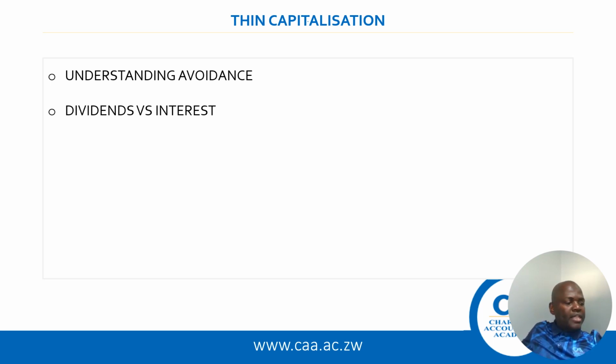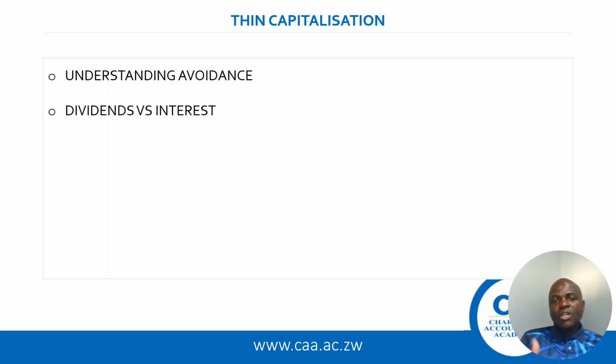So what we can do is look at the ratio of the shareholding versus the borrowings. Where the debt exceeds 3 times your shareholding, it indicates that the shareholder is preferring to pump in capital via debt. And that could be deliberate avoidance because it is still legal to do that. However, as you know, tax avoidance has a tax risk. And the risk is once anti-avoidance